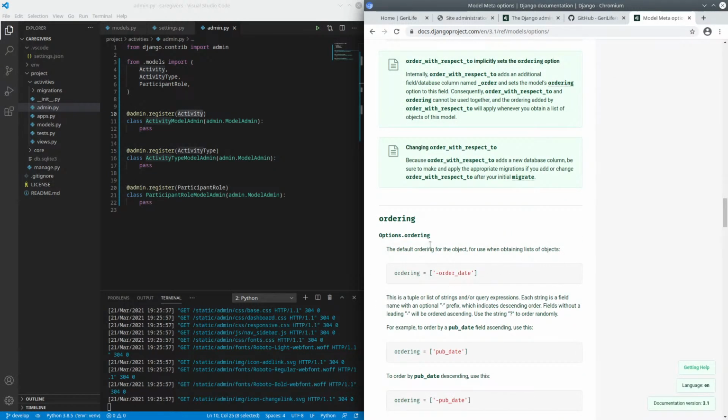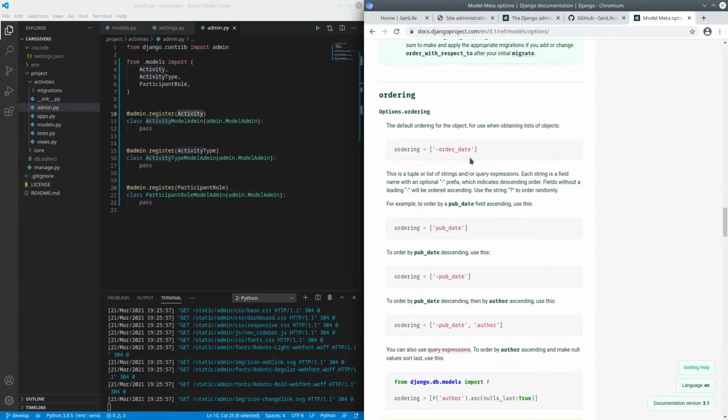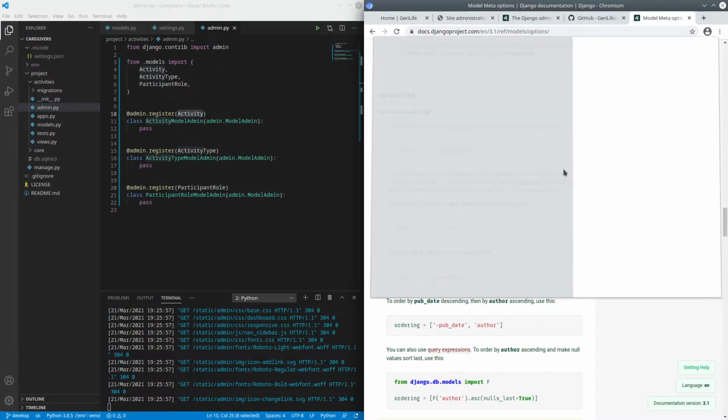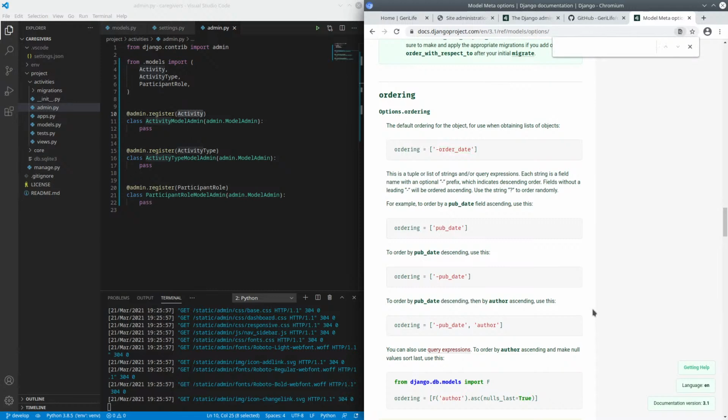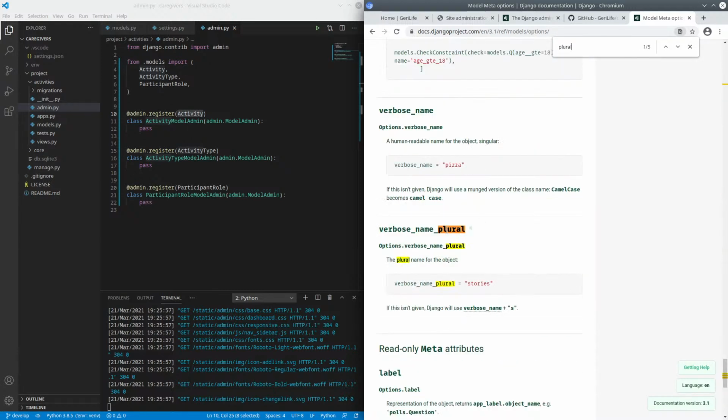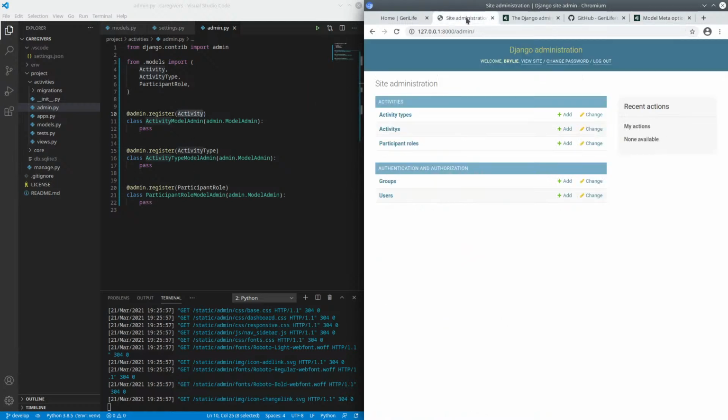And ordering, we're going to be coming back to this if we need to set things in a different order, like activity date. If you want to organize them by the date in reverse chronological, for example, that's what they're doing here, reverse chronological date. Oops, I'm not printing, Control F, plural. All right, verbose name, plural. So we've got verbose name, a human readable name for an object, singular. I think these verbose names are pretty good. Django is saying,